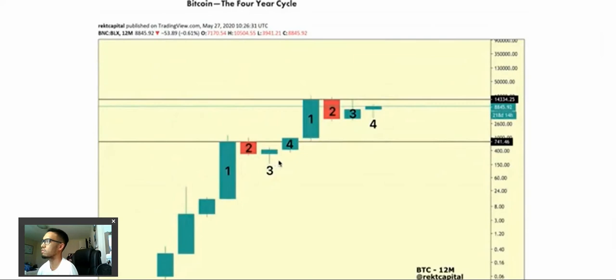So once the bottom is in, this is where FOMOers do dive into the asset. They start to buy at higher and higher levels, and this is what achieves, or at least allows for, a continuation in phase 4. And phase 4 is essentially the very beginning of this recovery, and if you want to think about it this way, this is essentially a U-shaped reversal from the bottom and starting into that continuation after that recovery. So phase 4 is very important for the very beginnings of that continuation, not only thanks to the bargain buyers who really started to kick off the cycle, but also to the FOMO buyers who are prolonging this